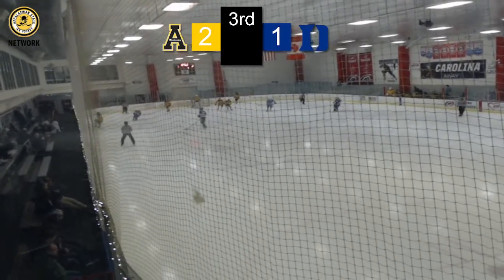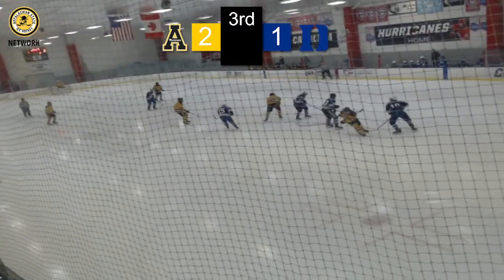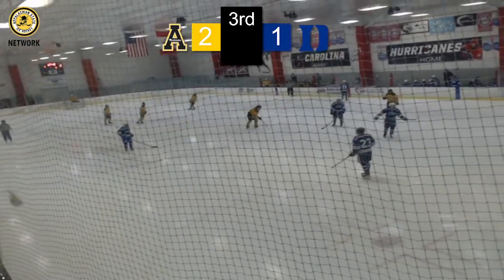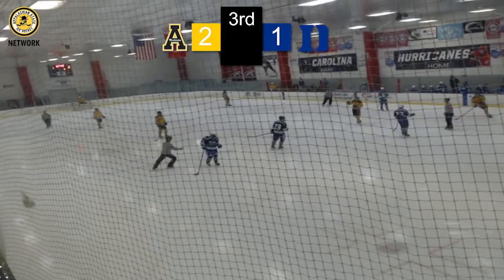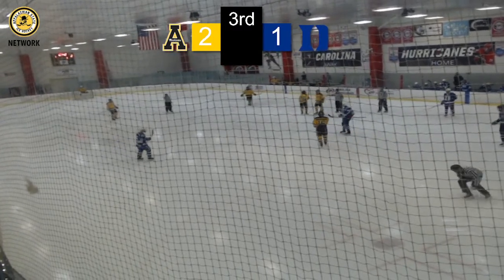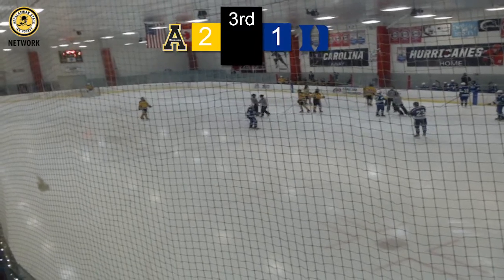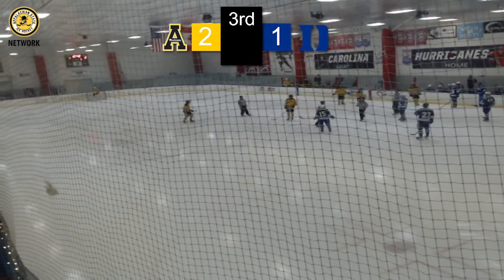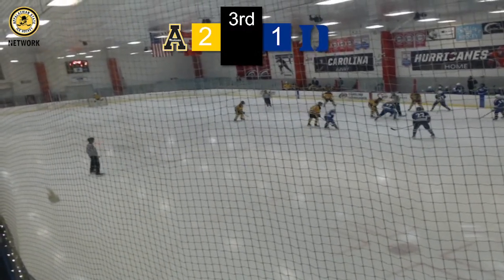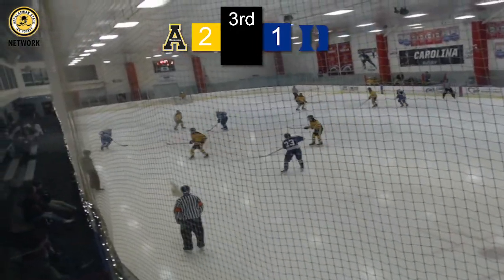Fired around. That ends up with Riley Brady. He'll start the forecheck the other way. Tries to make a move. They're offsides. Brady lays a hit. And they blow the play dead. I think they're calling offsides. Referee was signaling to Brady and 27 for the Blue Devils. Might have been a penalty, but